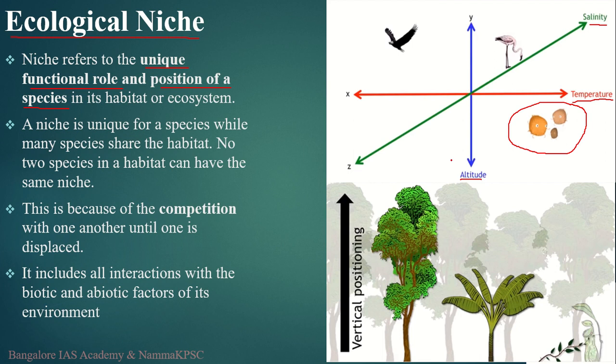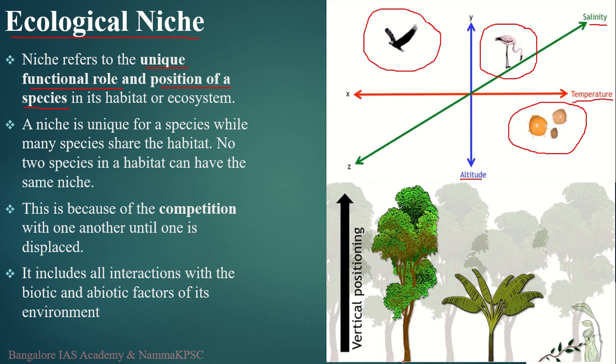You may have certain birds which will adapt to a certain altitude in order to reduce competition. Then that particular altitude becomes a niche for the bird. You may have certain other organisms which may adapt to certain salinity range in order to reduce competition. Then that becomes a niche for that particular organism. So this adaptation to a particular